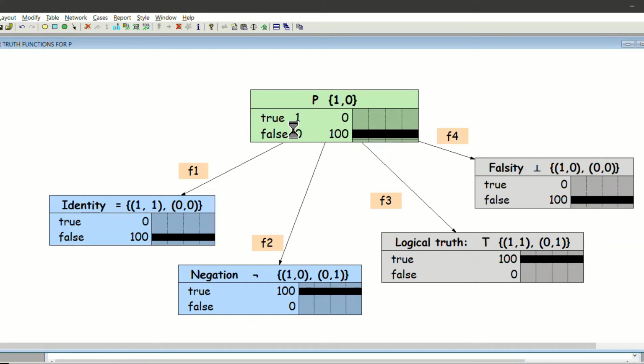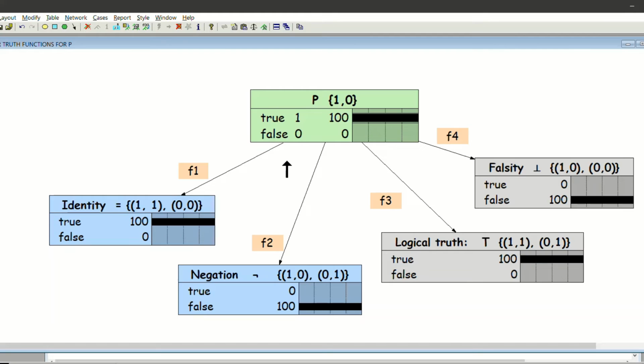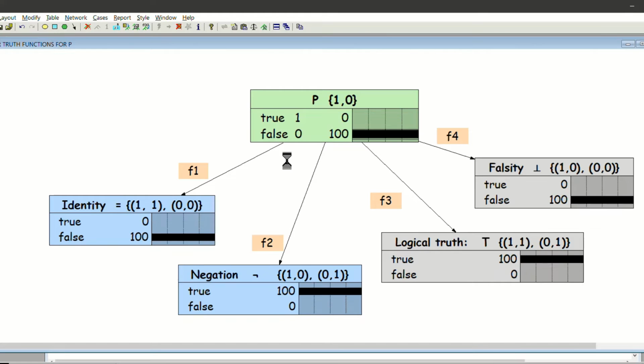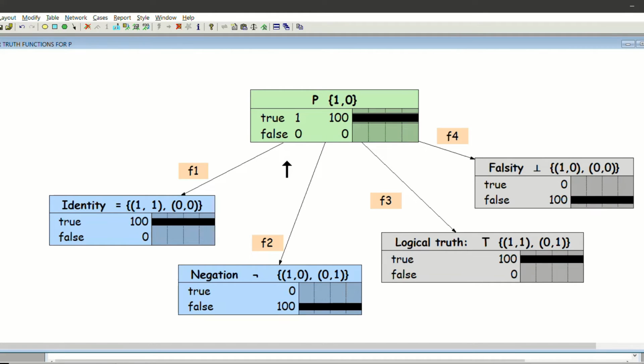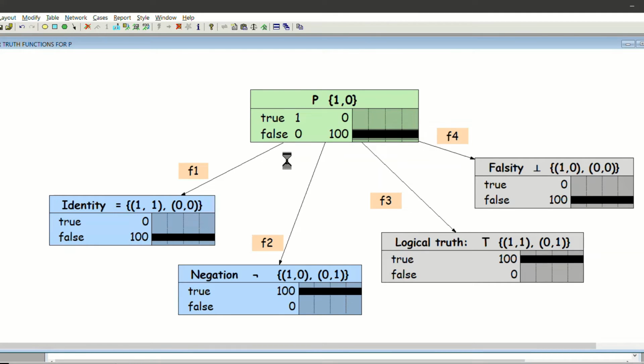That's what I mean by an interactive truth table, because it interacts with me. I give it a question, or I give it a value, and it returns a value for me. Notice that logical truth and logical falsity, I've grayed them out because they don't say anything. They just sit there, and that's it. They don't do anything. Very good. So let me just show you how I did this, and it's so simple.